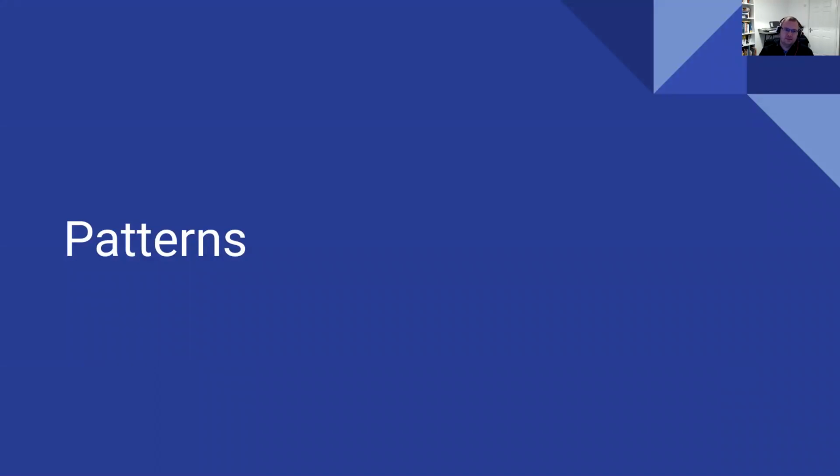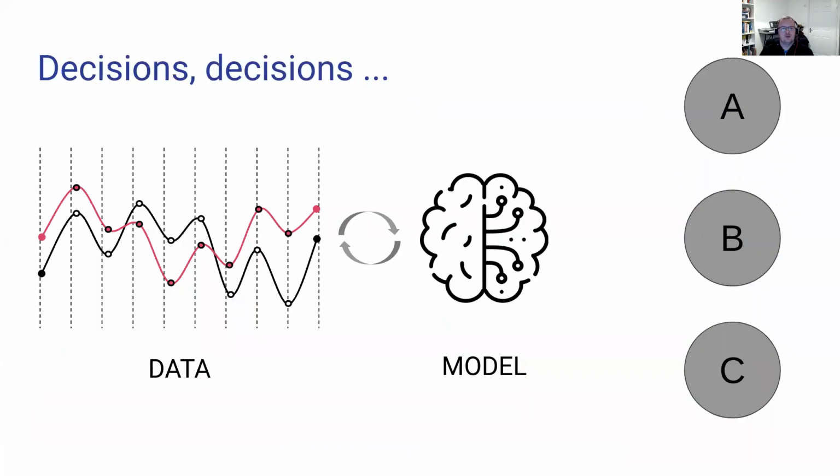The next P I'm going to come on to is a bit more technical. This is around patterns, and in particular software and architecture patterns. We should always bear in mind how machine learning and data science solutions really boil down to their key components. They can be very complex, but at the end of the day, they're just about taking data, often feeding them into models, whether they be statistical models or more machine learning based models. But at the end of the day, it's really about that cycle between data and models